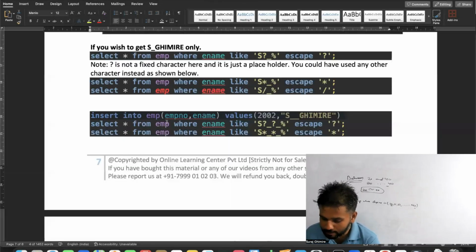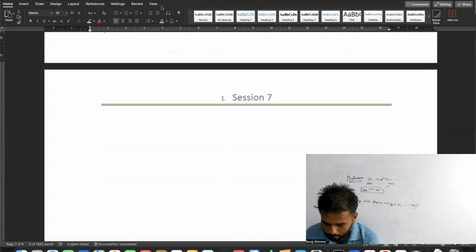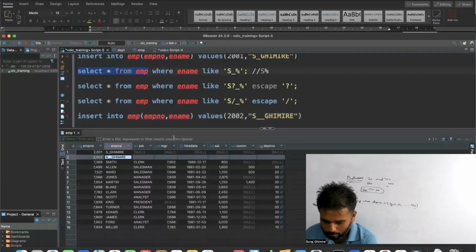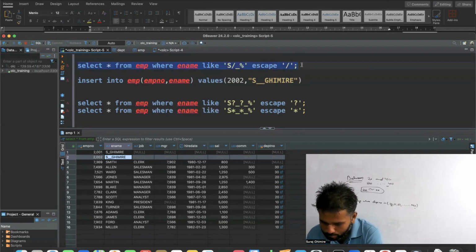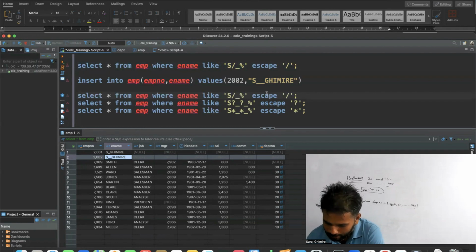Okay, now let me write some query. Now first let's check this example. What if I write this? So we'll check all this example. So I wrote select star from employee where ename like s slash underscore percentage escape slash. Now I'm saying escape my slash, right? So when I'm saying escape my slash, that means after slash what do you have? You have underscore, which means don't include this underscore in your search, which means now your query would be s